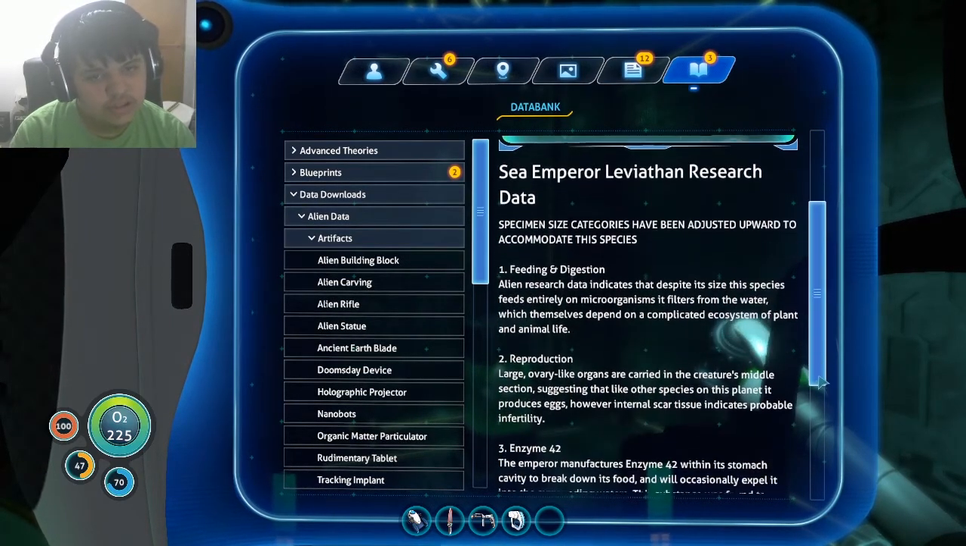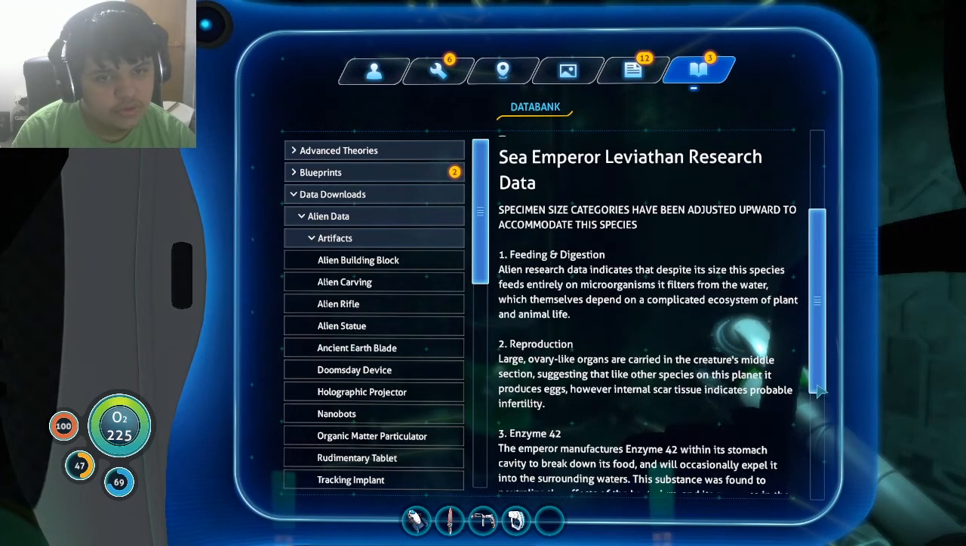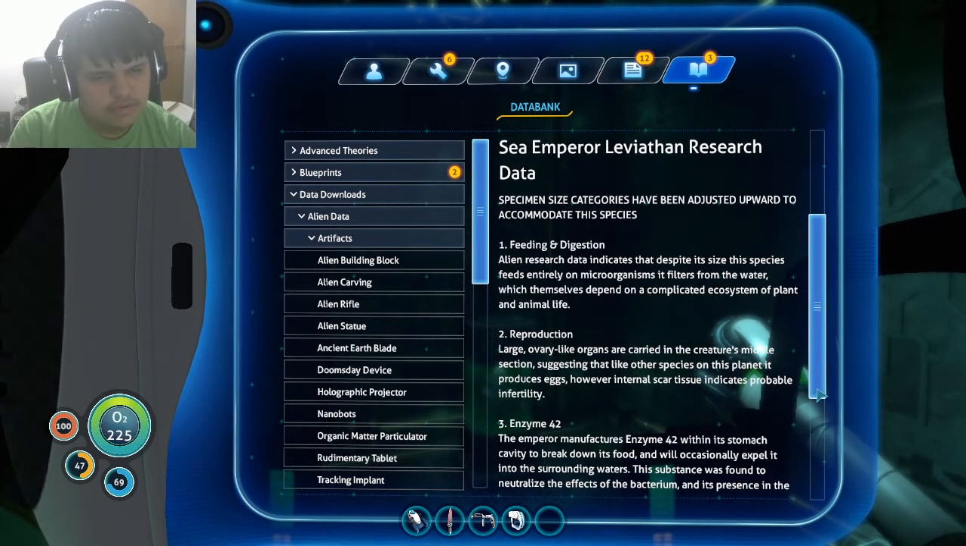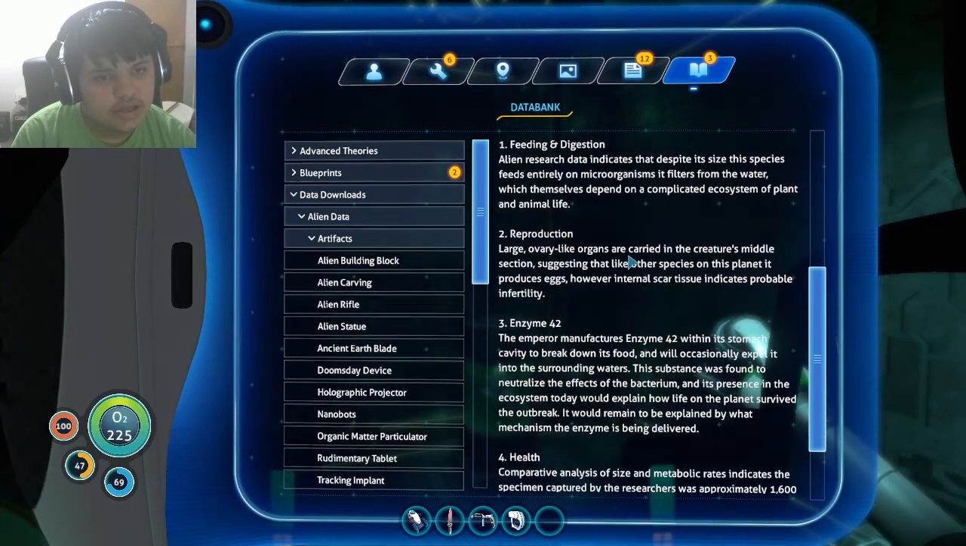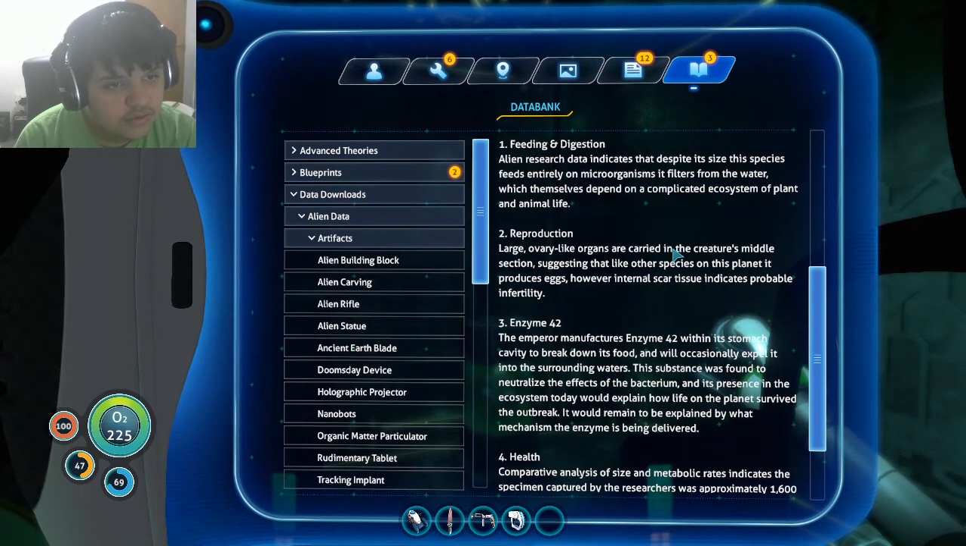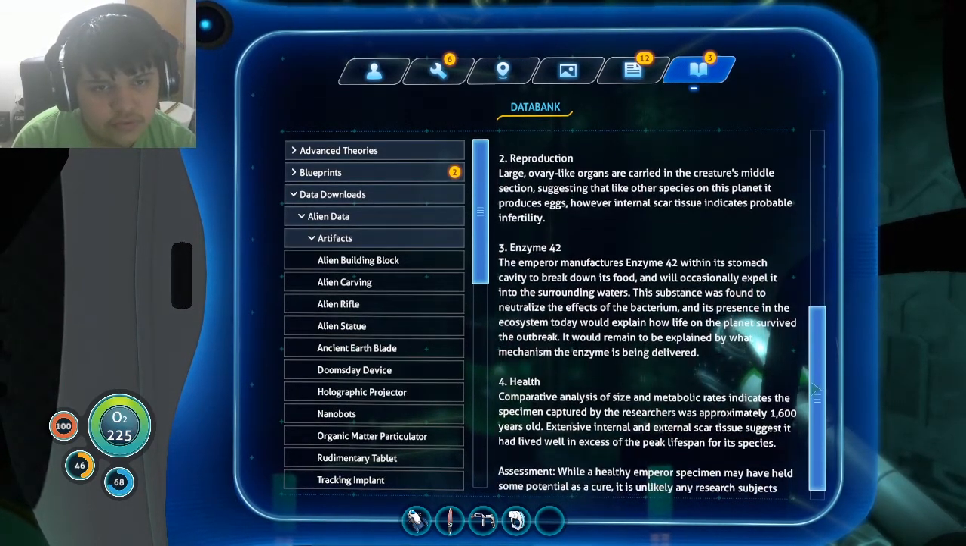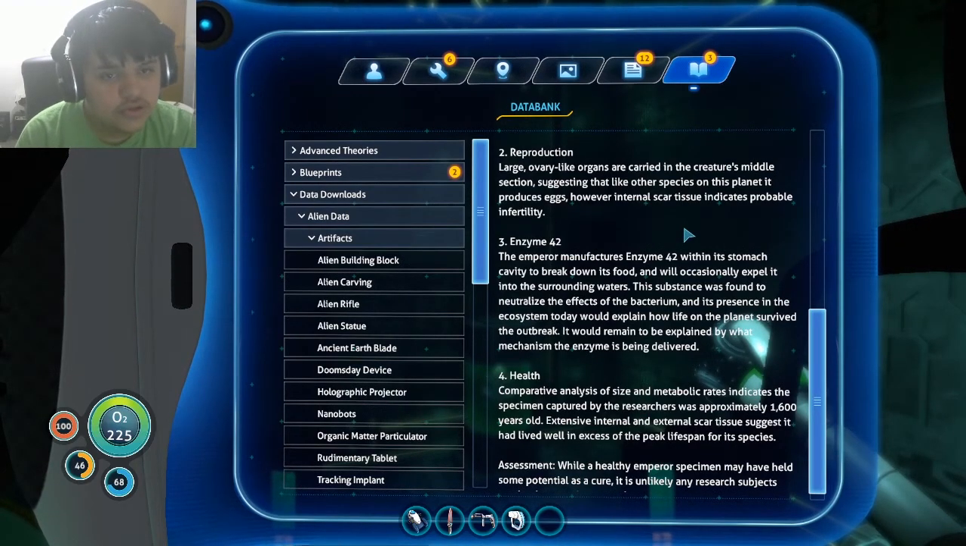Sea Emperor Leviathan research data. Specimen size categories have been adjusted upward to accommodate this species. Feeding and digestion. Alien research data indicates that despite its size, the species feeds entirely on microorganisms it filters from the water, which themselves depend on a complicated ecosystem of plant and animal life. Reproduction. Large ovary-like organisms are carried in the creature's middle section, suggesting that like other species on this planet, it produces eggs. However, internal scar tissue indicates probable